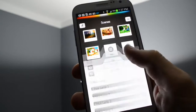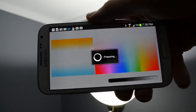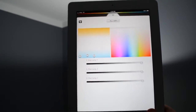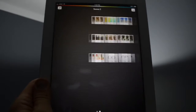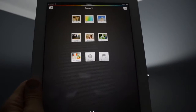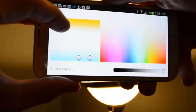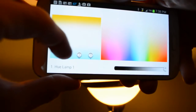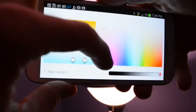Now, although this is sold in the Apple Store, there is an Android app as well, which works just the same. There's also an iPad app, which is optimized for the size of the iPad. Now, overall, I really like the concept of the lighting system, especially the remote control capabilities and the option to change the lighting moods to fit the situation. It's nice to be able to choose a cool and clean white light versus a warm and soft light for certain situations. But these are expensive and not as bright as other LED bulbs, which are much less expensive, usually